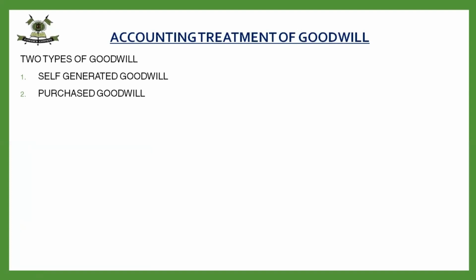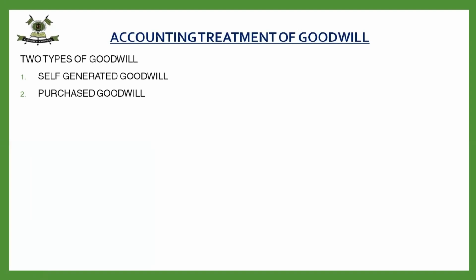But there might be a possibility that there is a goodwill appearing in the balance sheet, in the books of account, on the date of admission of a new partner. So what is that goodwill appearing in the balance sheet? They might have purchased a running business in the past, which is appearing today as goodwill in the books of account. That is not self-generated or valued goodwill.